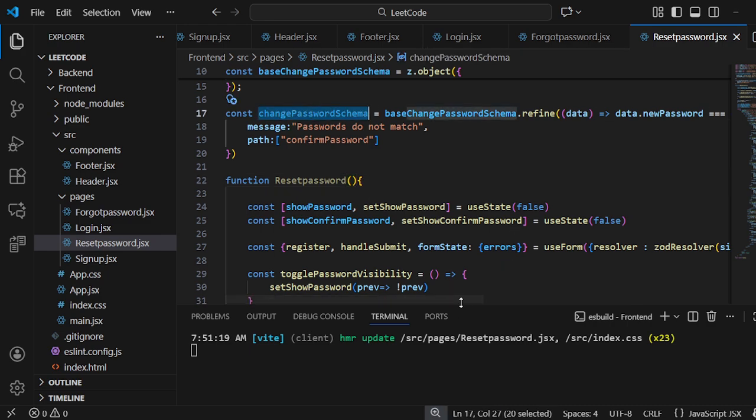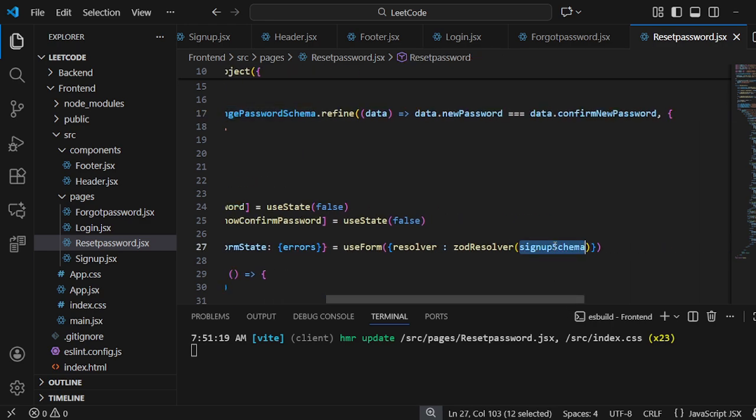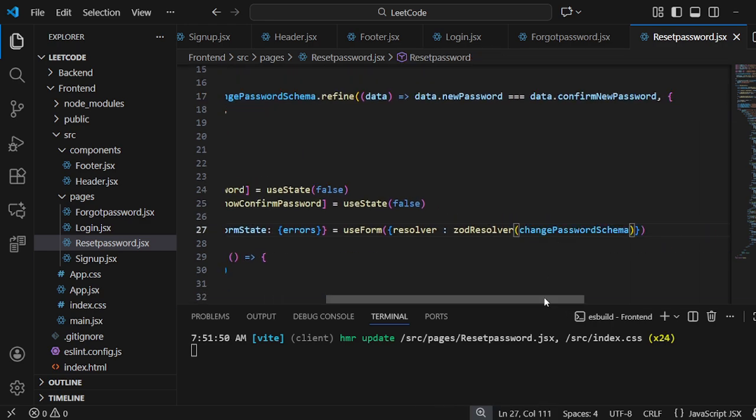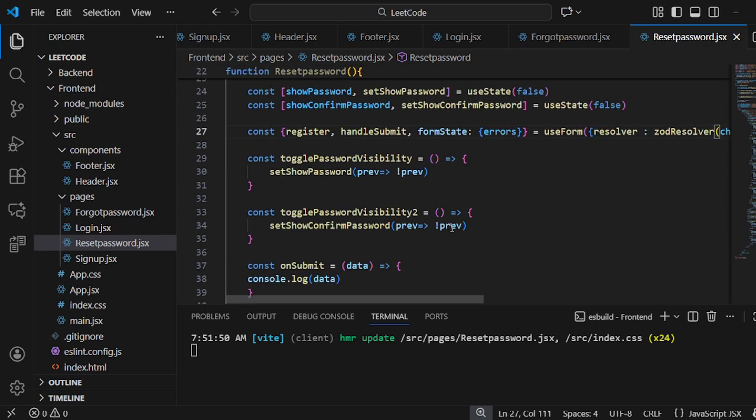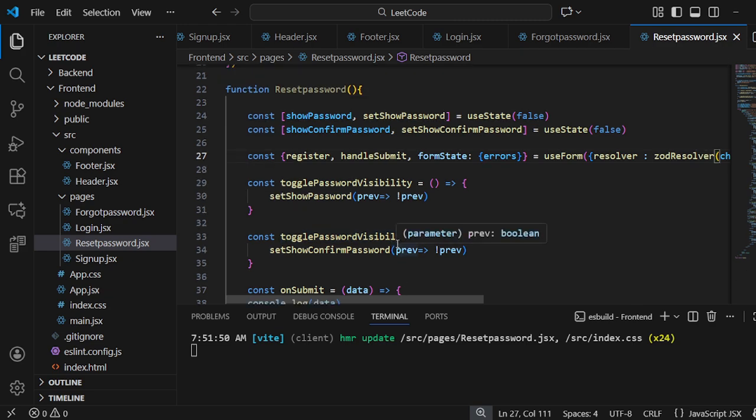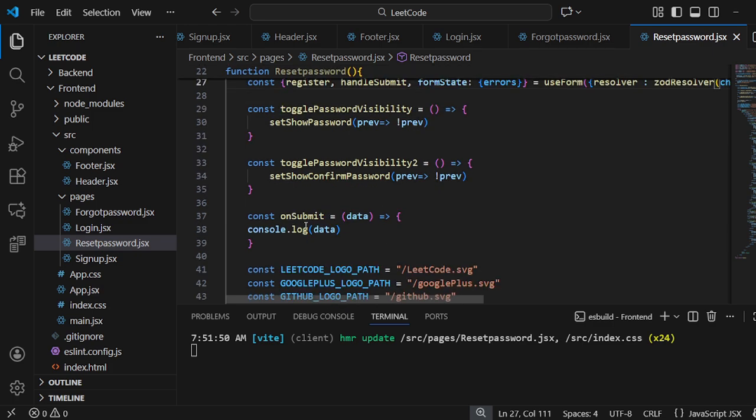And in zod resolver, we have to send our change password schema. Next, we have to create toggle password visibility 1 and toggle password visibility 2. Next, we create the function to handle the form submission. On submit data,